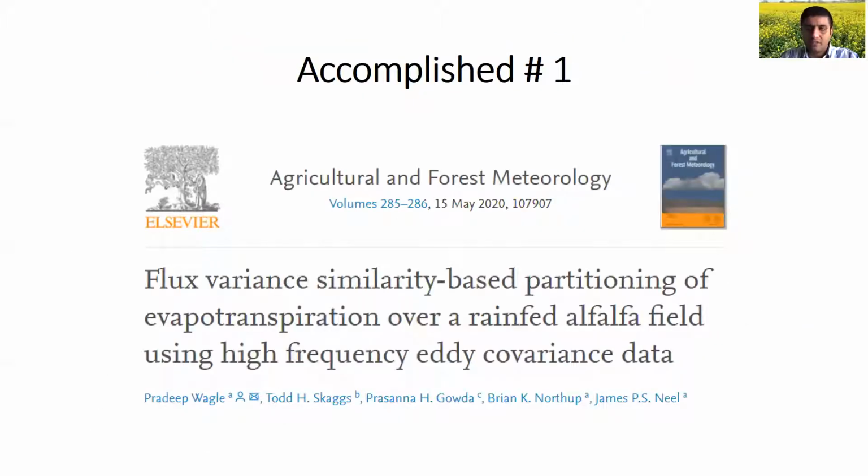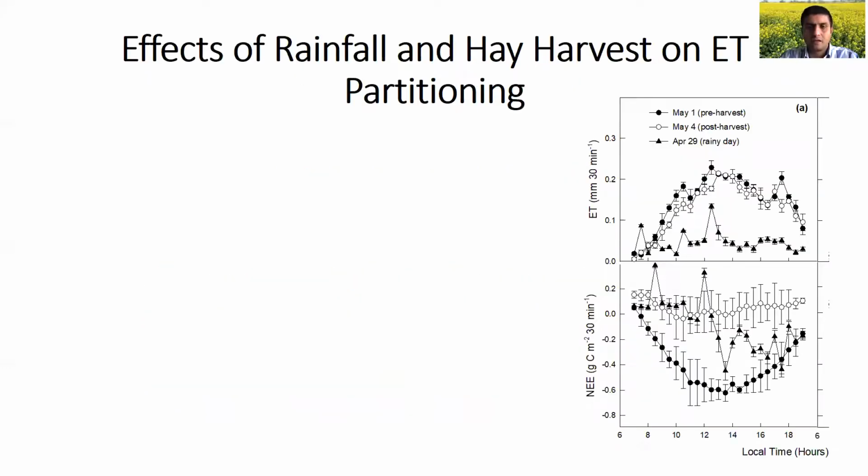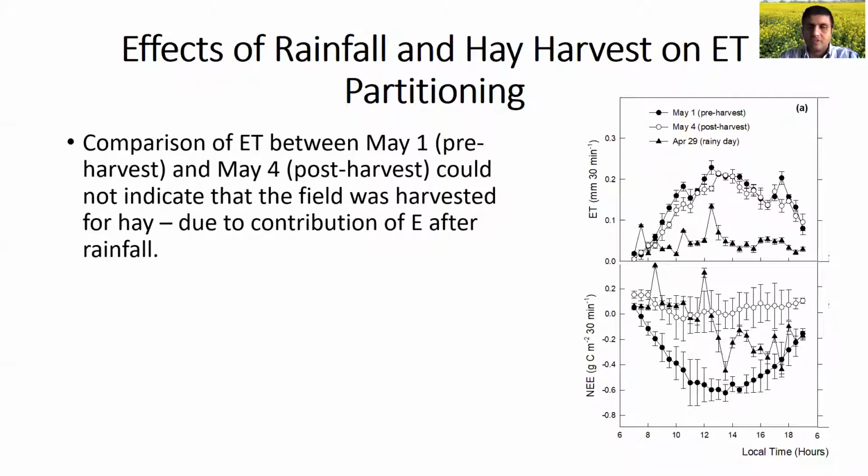Here I would like to briefly talk about a few published articles. The first one was to partition ET using this FVS method over a rainfed alfalfa field using high-frequency eddy covariance data. Here we tried to look at how rainfall and hay harvest affected ET partitioning. So the comparison of ET, if you see in this top figure, when we compared ET between pre-harvest and post-harvest days,